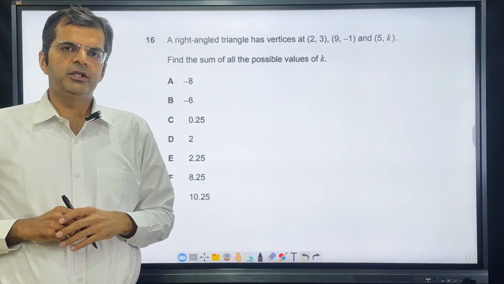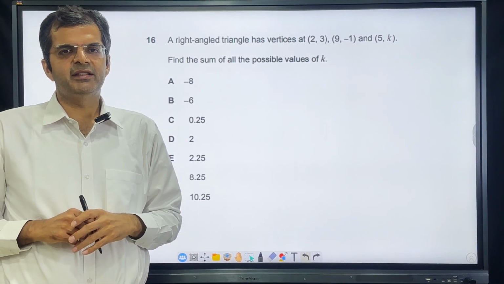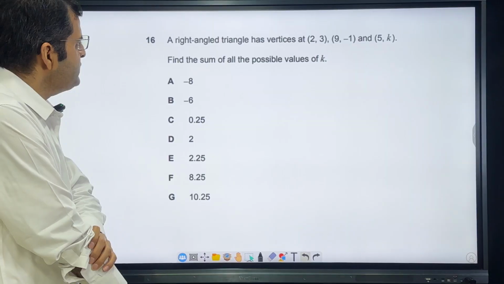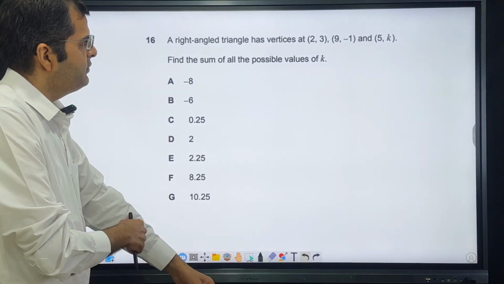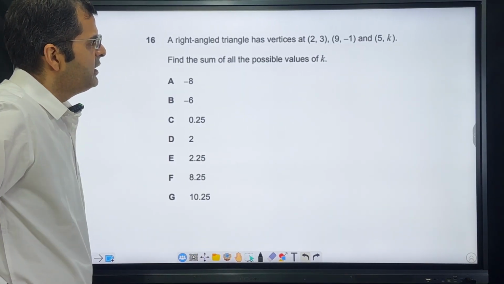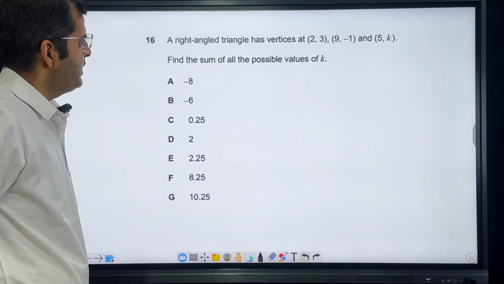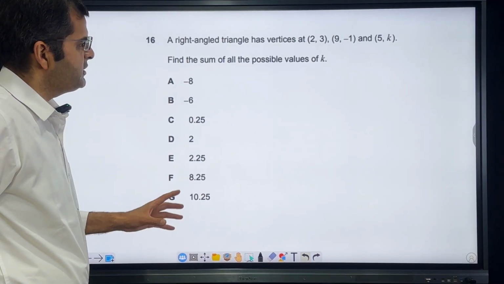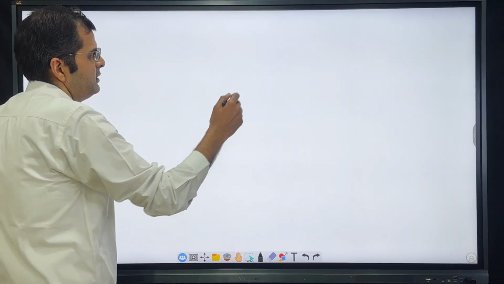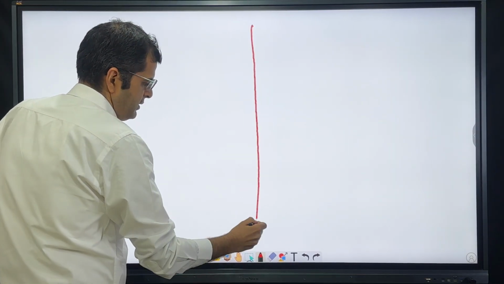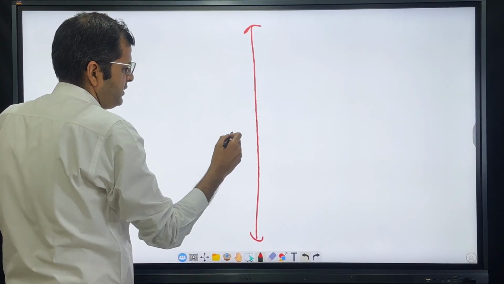This is the 16th question of TMUA 2023 exam paper 1. Question says a right angle triangle has vertices at (2, 3), (9, -1) and (5, k). Find the sum of all possible values of k. Okay. So let me first try to draw